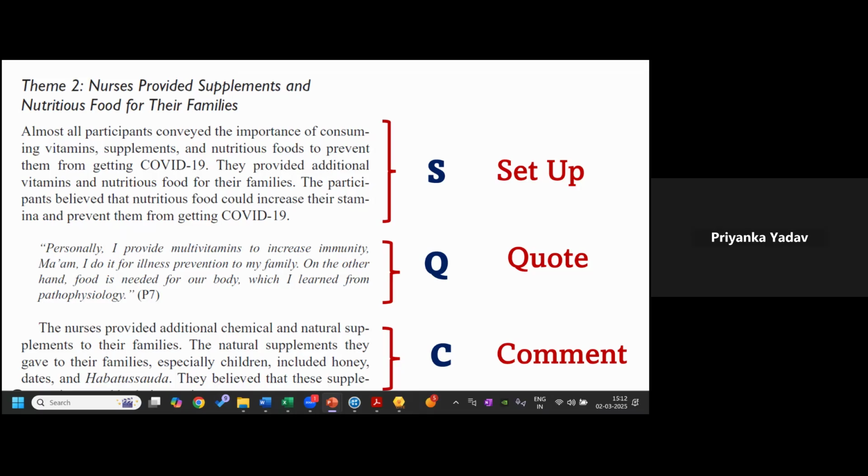The quote is, personally, I provide multivitamins to increase immunity. Ma'am, I do it for illness prevention to my family. On the other hand, food is needed for our body, which I learned from pathophysiology. The comment is the nurses provide additional chemical and natural supplements to their families. The natural supplements they gave to their families, especially children, included honey, dates, and habatussauda. They believe that these supplements